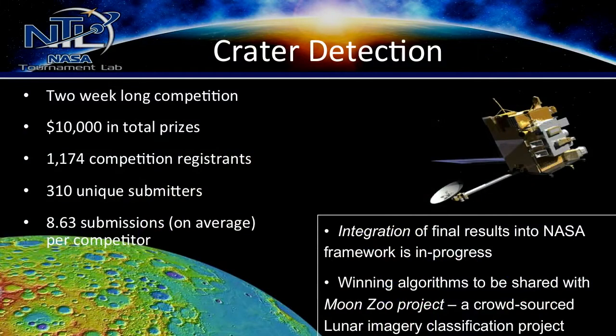If you click on the next slide, speaking of clicking, in a 2-week-long time for $10,000, we had nearly 1,200 registrants and 310 unique code submissions. Interestingly, that doesn't equate to 310 people. On average, the competitor in this challenge put in over 8.5 submissions. So they took lots of shots on goal trying to improve their algorithm. And in 2 weeks, we had an algorithm that was about 85% accurate